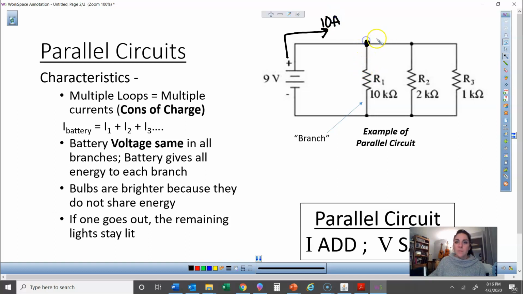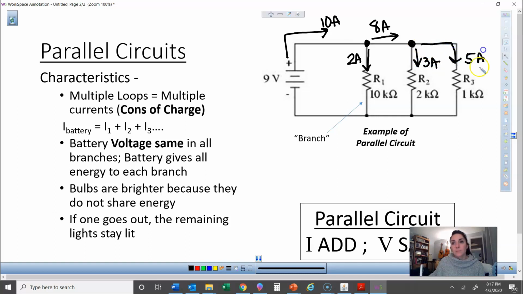At this junction, some of the current is going to go here and here. And I'm just going to make up numbers because I actually don't know. I'd actually have to calculate it. But to make the numbers easy, it would be, for example, like 2 amps might go down here. So to conserve charge, then 8 would have to go down here. And then you would come to this junction, and maybe 3 goes down here, and then the rest of the 5 go down here. Or in other words, if you notice, 2 plus 3 plus 5 make 10,